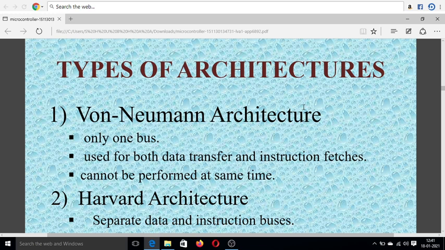This is the interrupt control block. Based on priority, any one interrupt signal will be selected and given to the processor. The CPU is the central processing unit, the brain of the computer, and it works on a clock frequency given by the crystal oscillator. The microprocessor works with a 5 megahertz frequency, whereas the microcontroller works with an 11 megahertz frequency. These are called system buses.